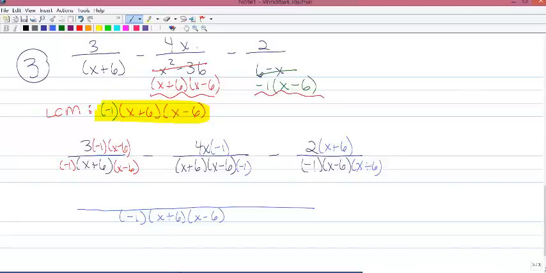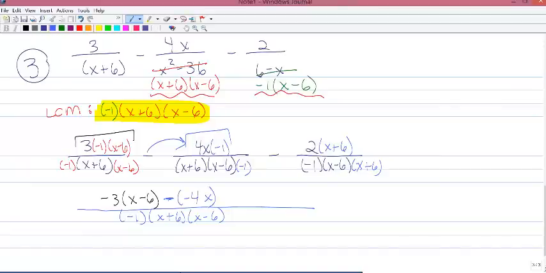And now let's go through and just take it a little bit at a time. So this right here, we're going to have, what do we have? -3 times the quantity x minus 6. Okay, now let's come over here. Do not forget that you have this minus sign that you're distributing in. So it's going to be minus, and then here we have